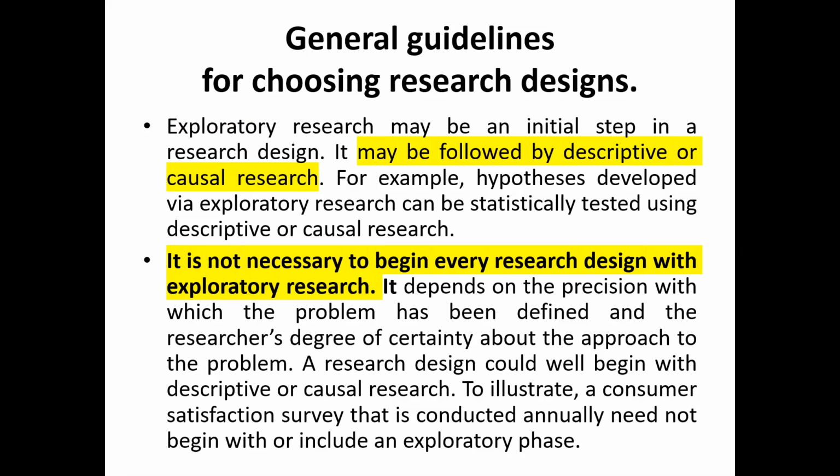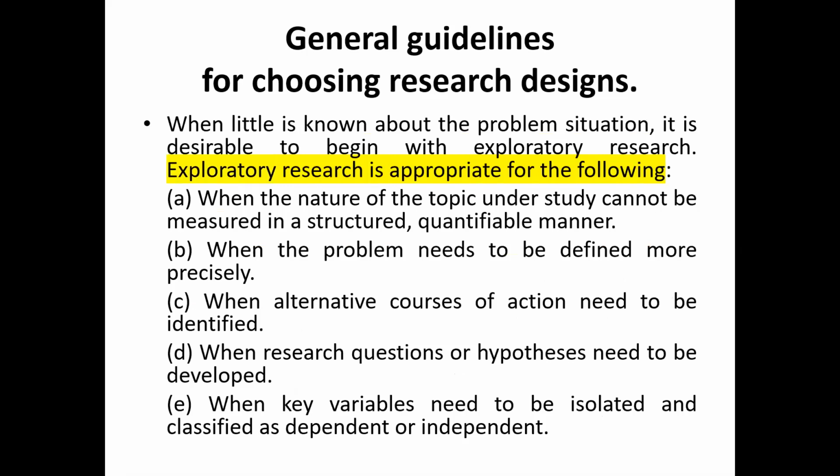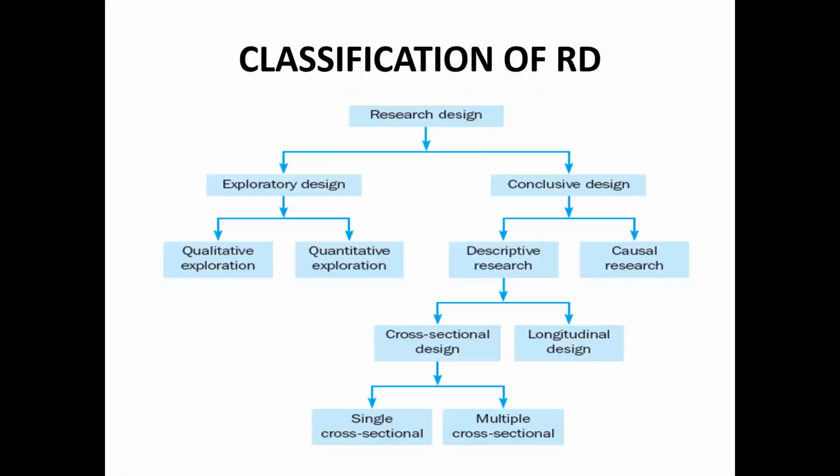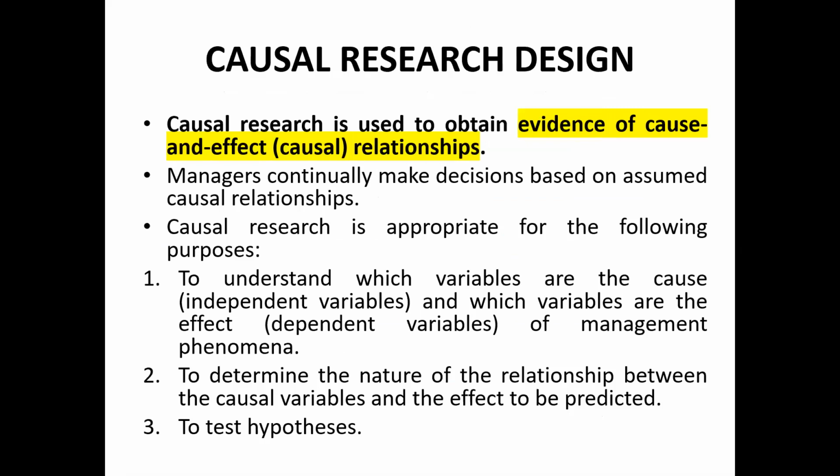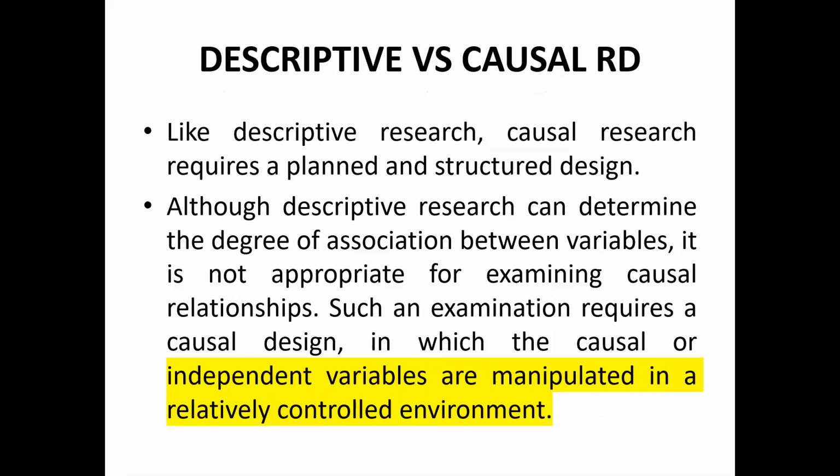So in your research, you can start with exploratory if you do not have sufficient literature about the problem. But if there is sufficient literature and you can formulate the hypothesis, then you can start with descriptive research design. So in this lecture, we have talked about causal research design. Causal research design mainly talks about the cause and effect relationship. So when you want to determine the relationship between independent and dependent variables, you want to test the hypothesis. How is it different from descriptive? In descriptive you get to know about the degree of association, but you do not get an idea about the causal relationship. So when you want to know about the causal relationship, you can use causal research design.